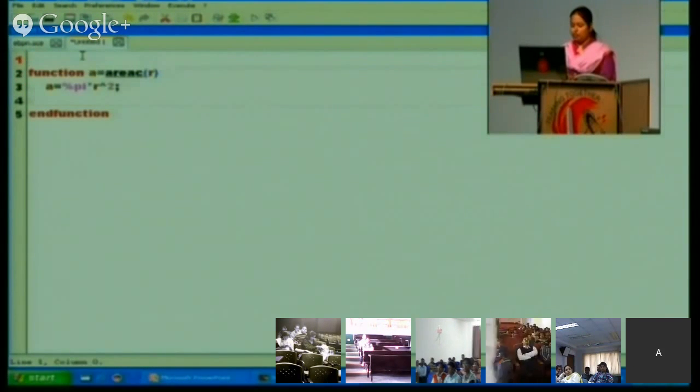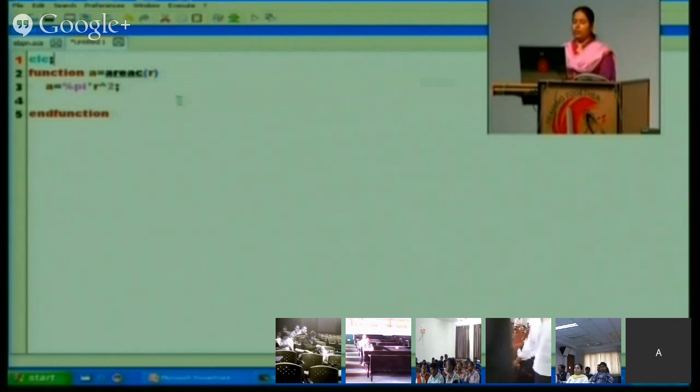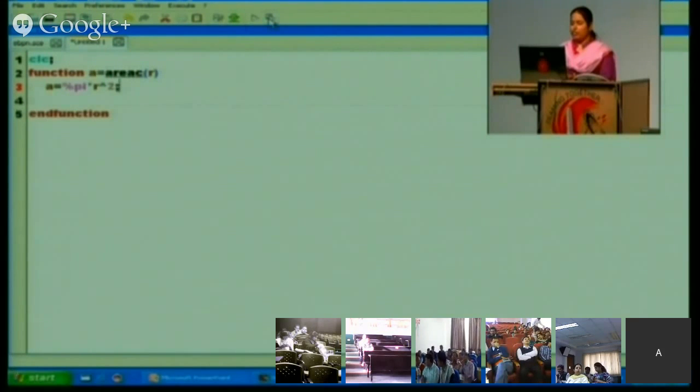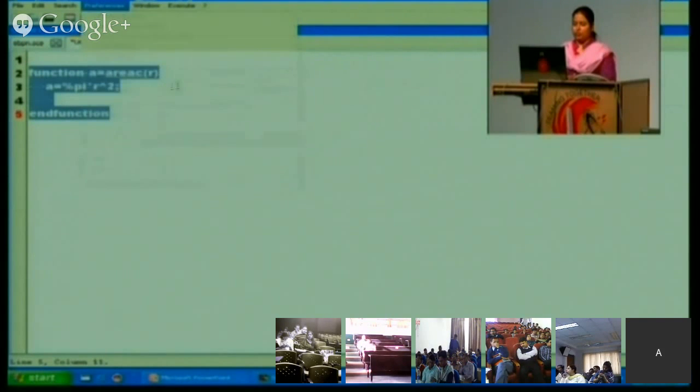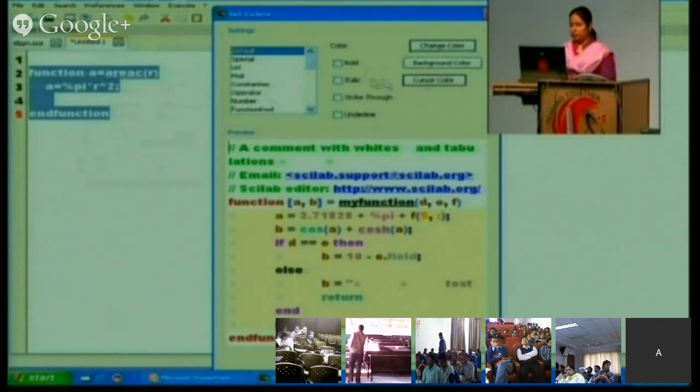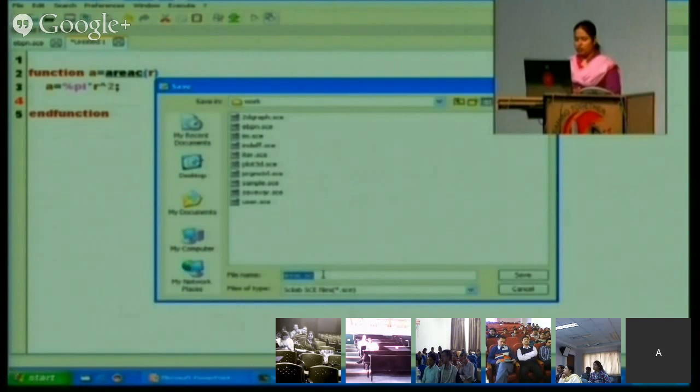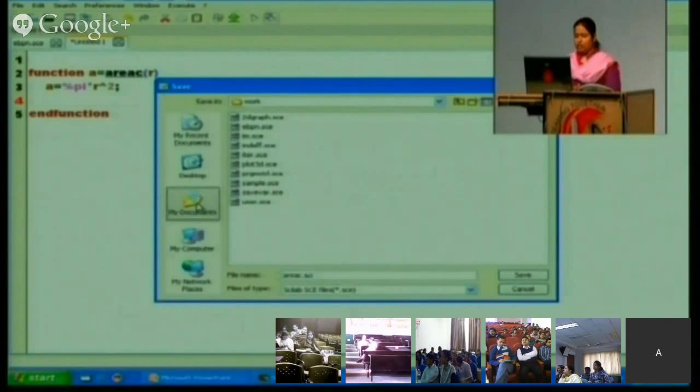Before this, in the function, we can also write clc. So we have to first execute it. Either you can press F5 from your keyboard. So in the main program, we just write, save it as